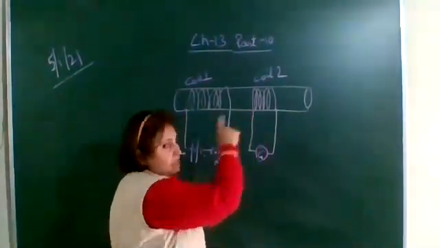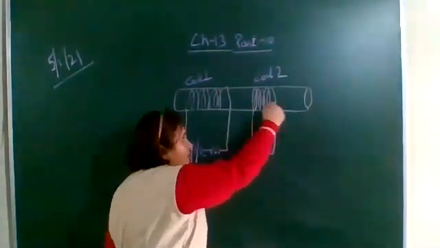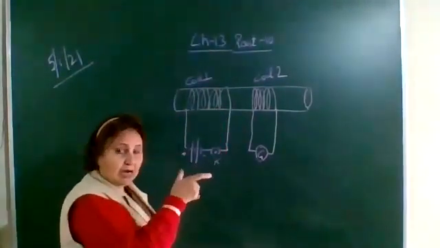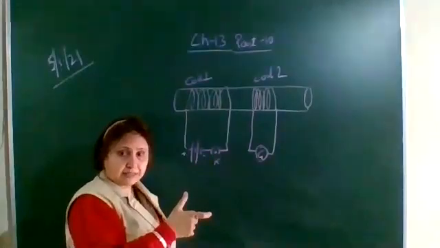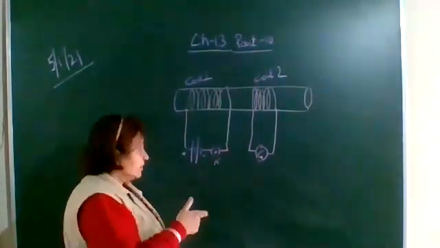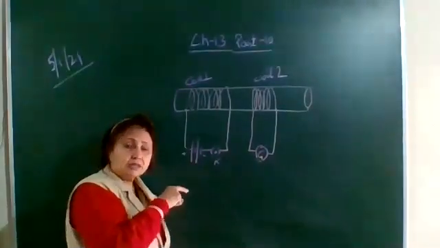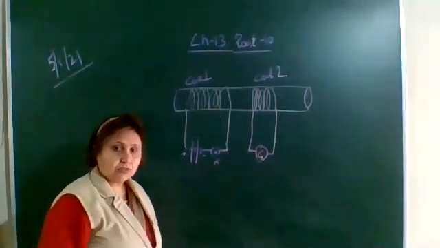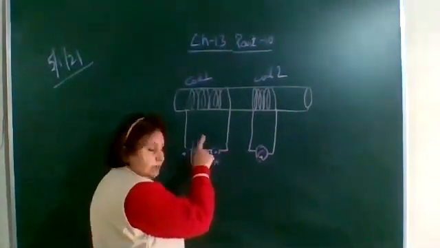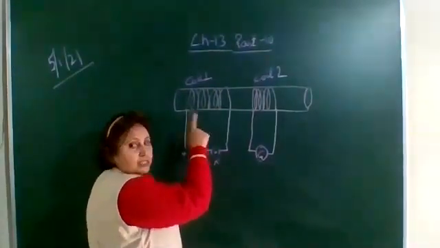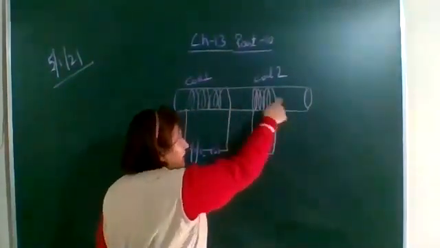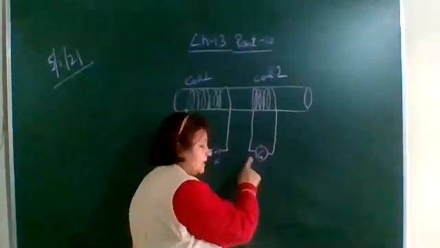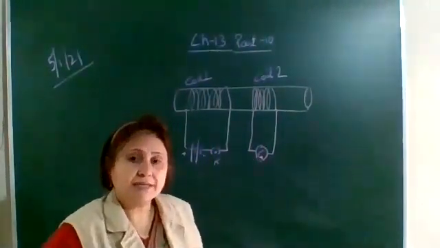The magnetic field lines are along the axis of this coil 1. We have already studied that a current carrying coil acts like a bar magnet. The magnetic field lines are similar to it. Suppose looking from this face, the current is in the clockwise direction. This end will become the south pole, this end will become the north pole. Now as you insert the key, the current changes, the magnetic field lines change, and the magnetic field lines are along the axis of coil 1, that is, across coil 2 also the magnetic field lines change, and hence the current is produced.